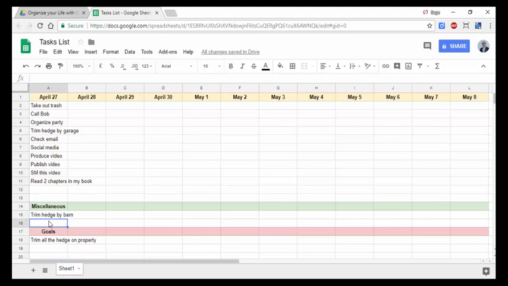So trim hedge by barn, trim hedge by garage, which of course I already moved up to getting done today, and then so forth. So I can add other trimming items in here as well. You'll notice that because I have limited space, the tasks are vertically oriented by the day. But these miscellaneous tasks are going to be put in here right to left, because I only have 2 spaces if I go up and down, but I have all this space to the right. So I can put more items in here, like,